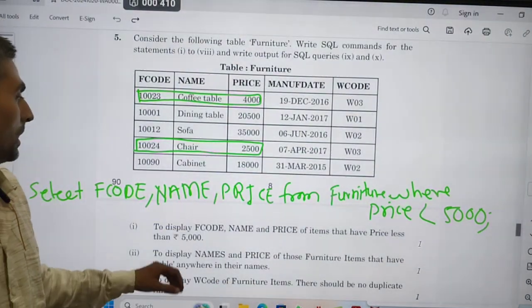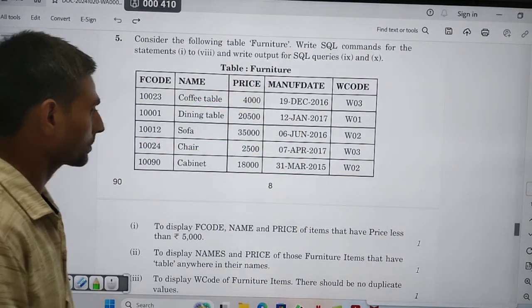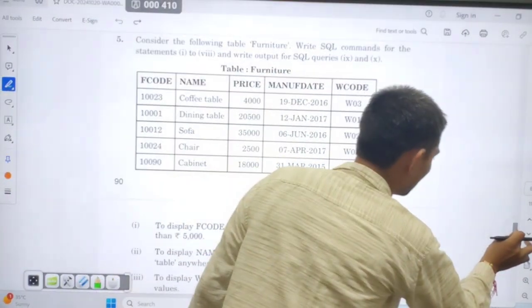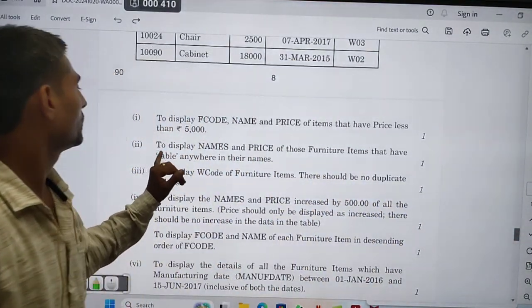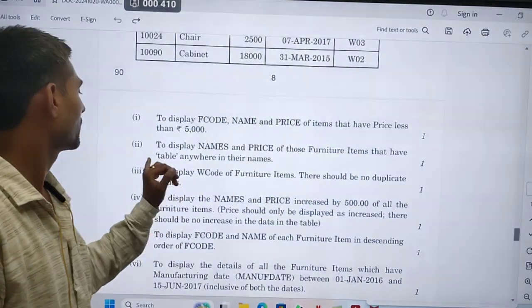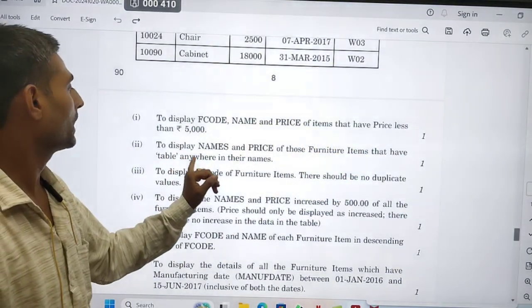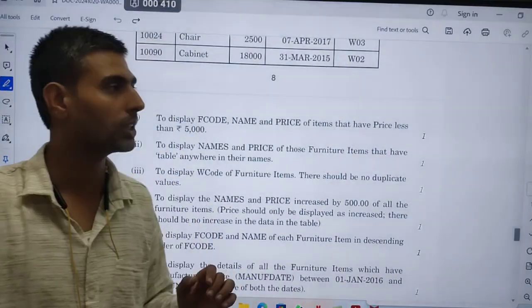The second question is to display names and price of those furniture items that have table anywhere in their names. This is the use of wildcard. How can we use wildcard?